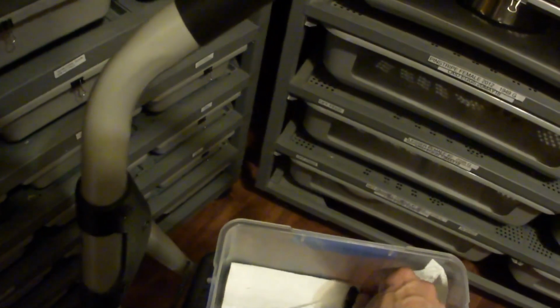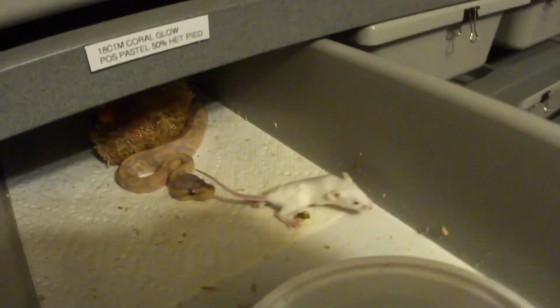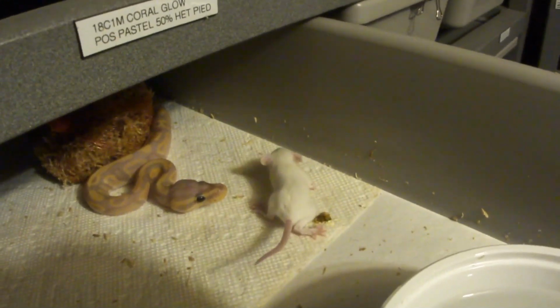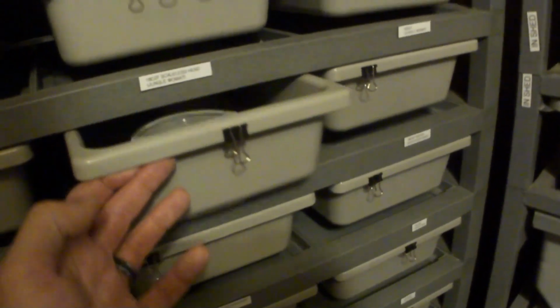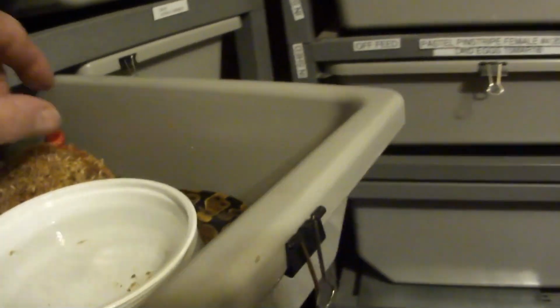I'll just drop them in. And then what I'll do, I'll come back tomorrow morning, and if they haven't eaten, I'll probably figure out something else to do. He just kind of snapped at him. It's pretty funny. But this is basically the lazy man's way to...